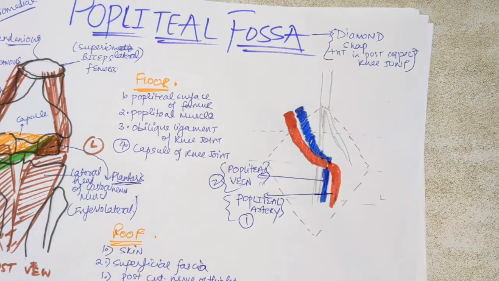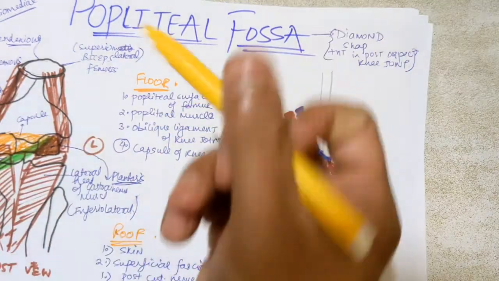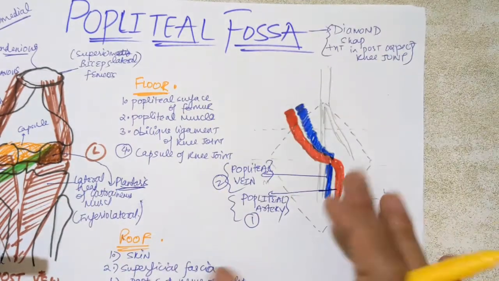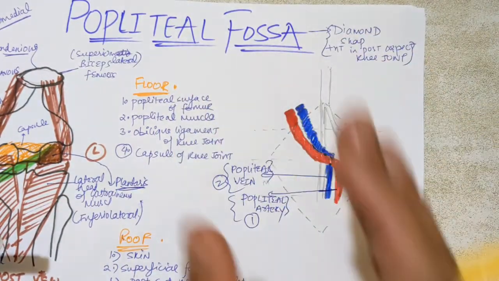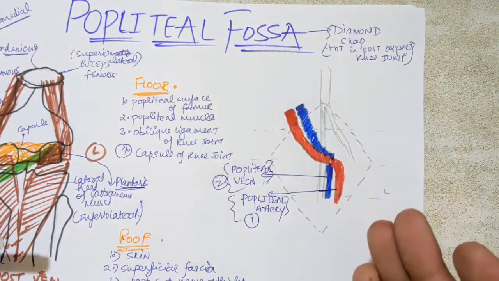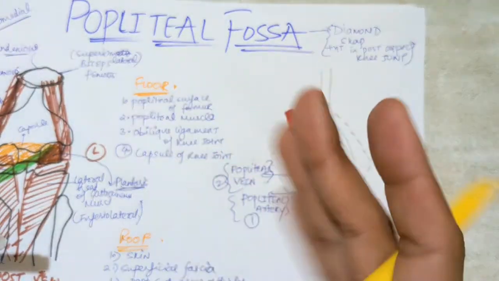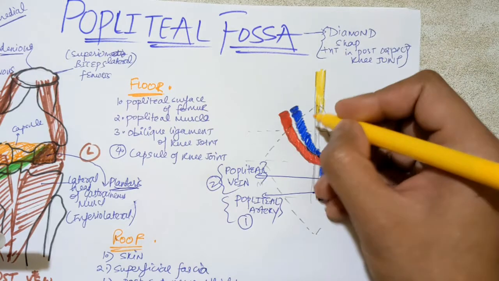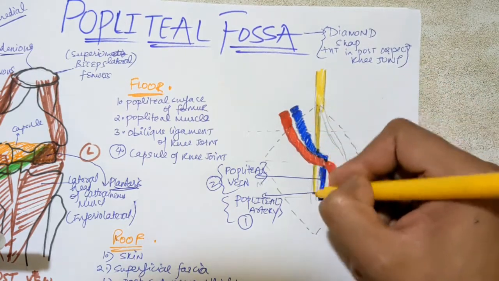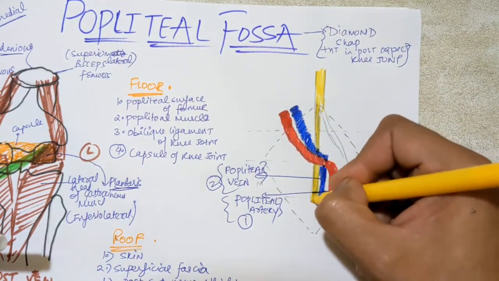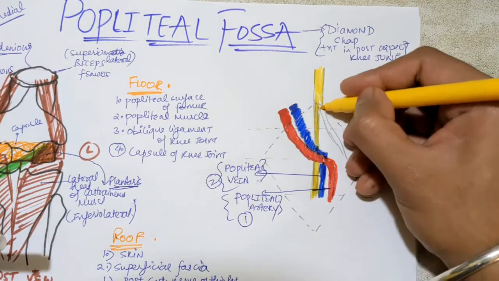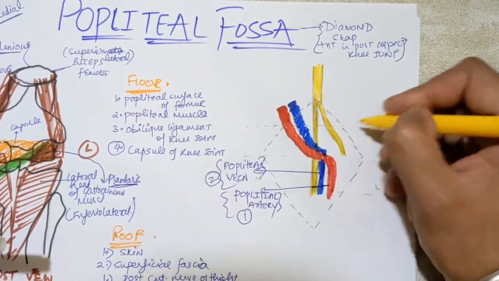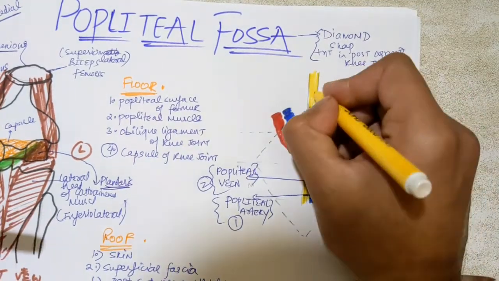Third content is your nerve, the biggest nerve, which is supplying the posterior side of your thigh. You know that there are three nerves. Anterior side, femoral nerve is innervating the muscles. From the medial side there is obturator nerve, and from the posterior side there is sciatic nerve. So the sciatic nerve comes from the posterior side, and it divides in the popliteal fossa into two branches. First is the tibial nerve, which goes to the posterior aspect, and this is the common peroneal nerve, which goes to the anterior or anterolateral aspect. So these are the two divisions of your sciatic nerve.